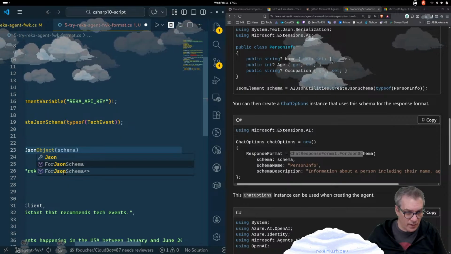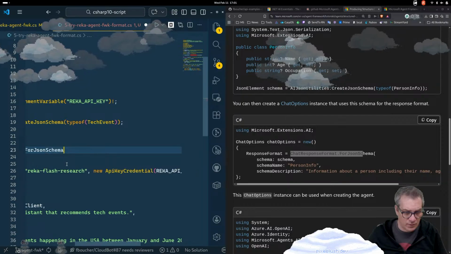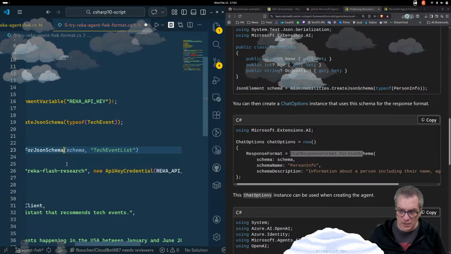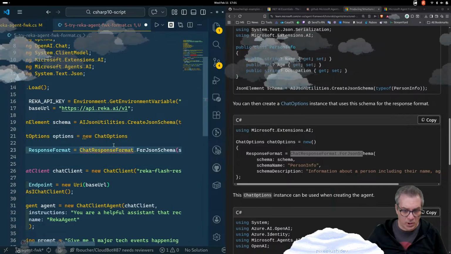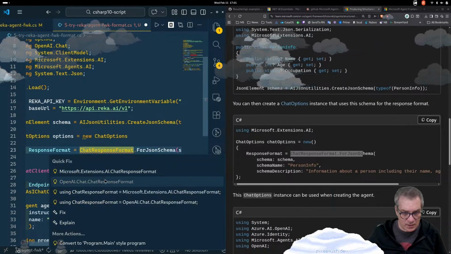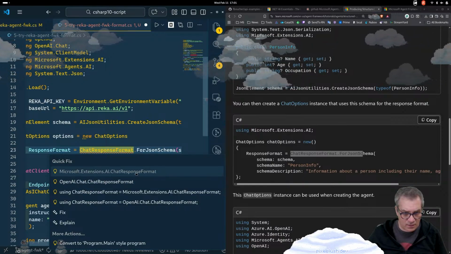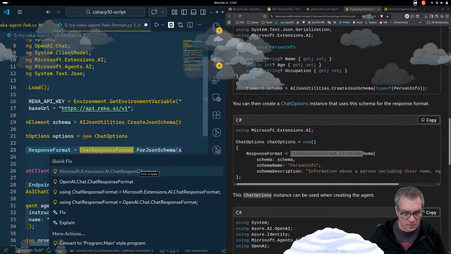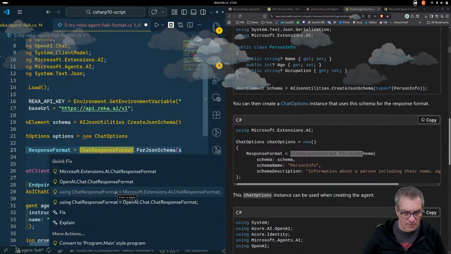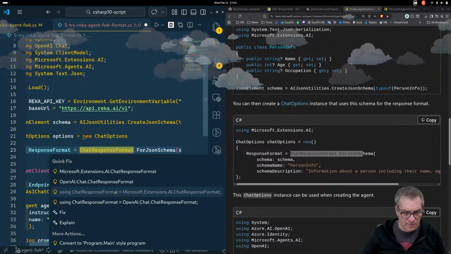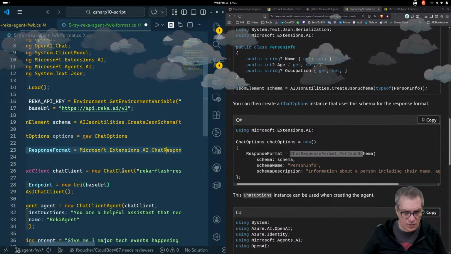Oh, that's cool. Here I have a class. Why is it doing it this way? Whatever. Let's try this. Cool. Now it's complaining. I'm guessing it's missing the Microsoft extension AI. Let's do this.